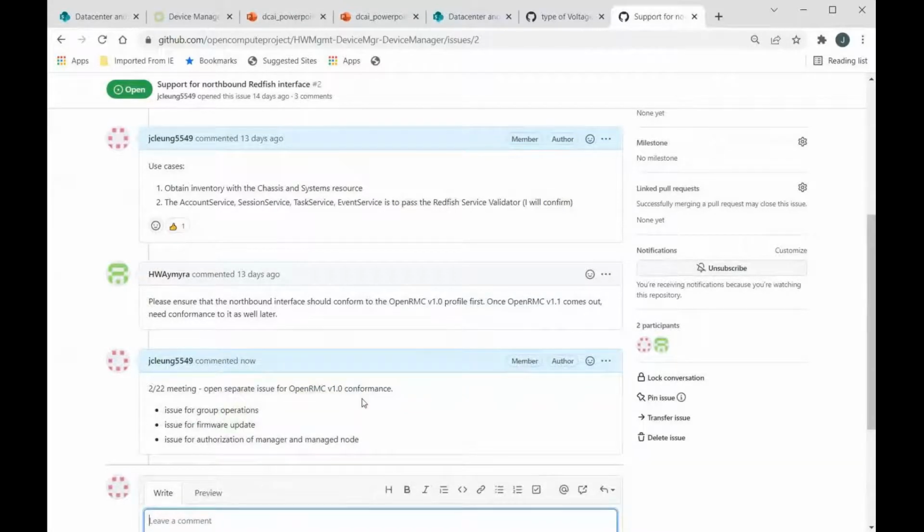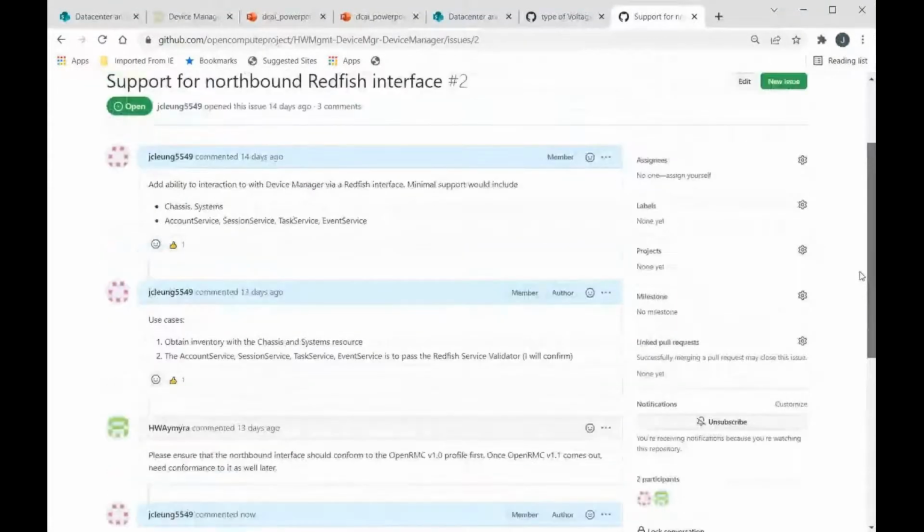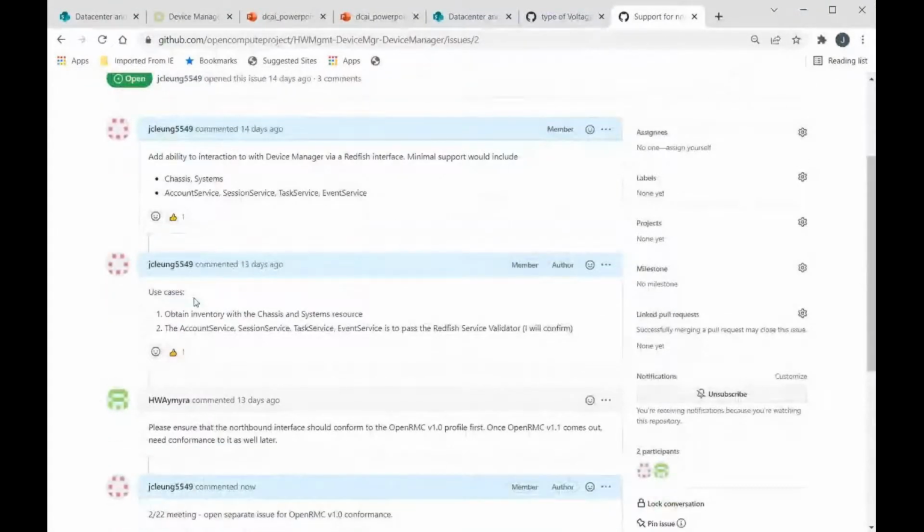Okay, so that's four issues that get filed out of here. Based on that, are there any additions to this issue? If not, we can leave the scope where it is.